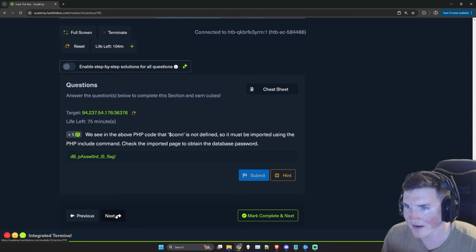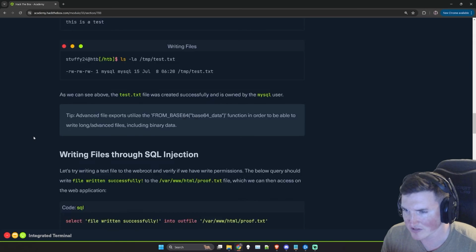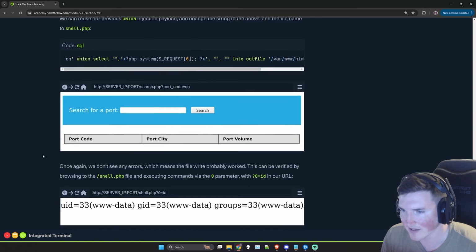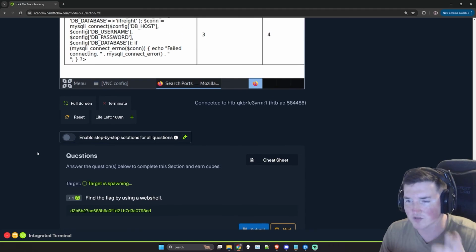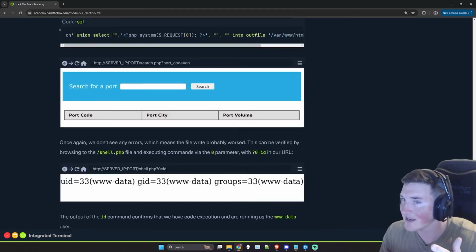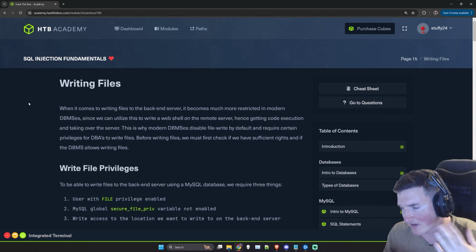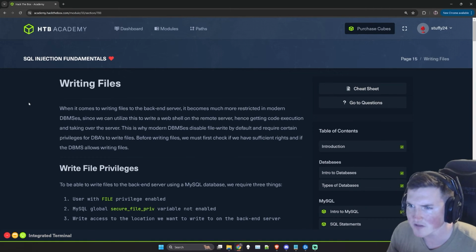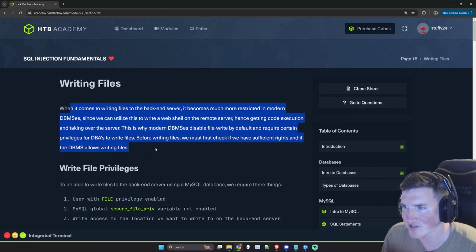And when we do go to the next, I have to end this one. This is one I took too long on. There we go. And I'm just going to go down and spawn this one because I accidentally, this is the one I'm talking about. I accidentally spawned the wrong one and went to another step and thought it was the same box, and it was giving me an incorrect permissions issue, and I couldn't figure it out, so I had to break it down. So writing files, when it comes to writing files to the back end server, it becomes